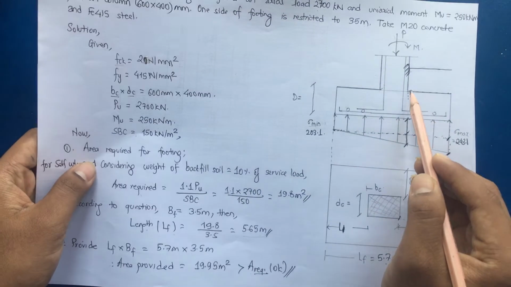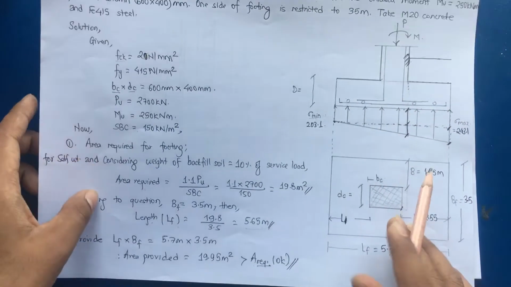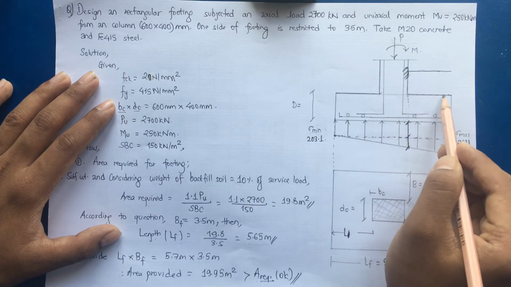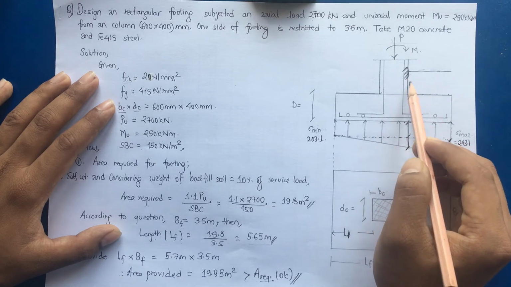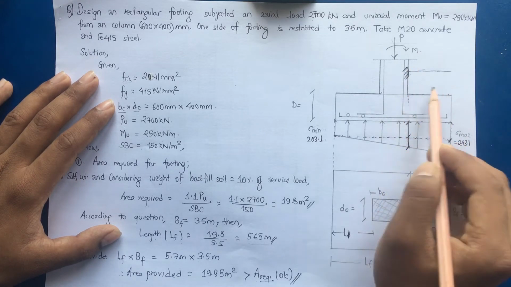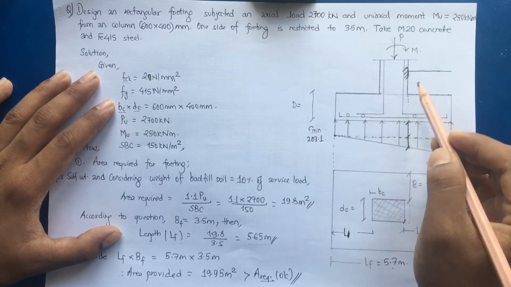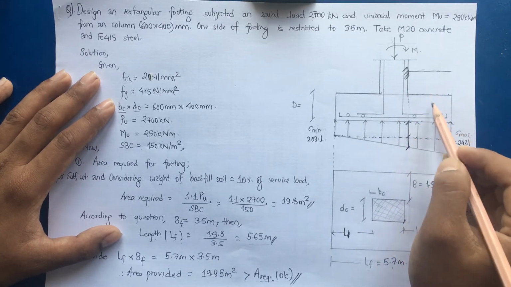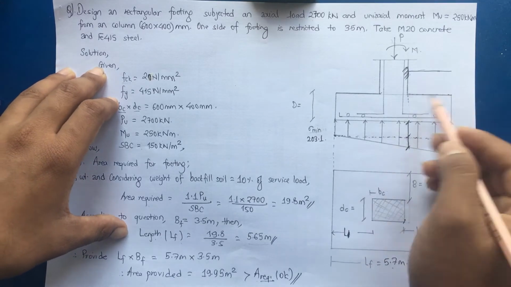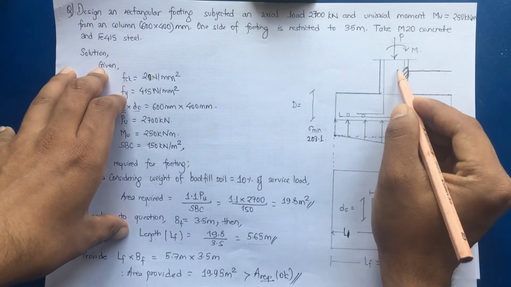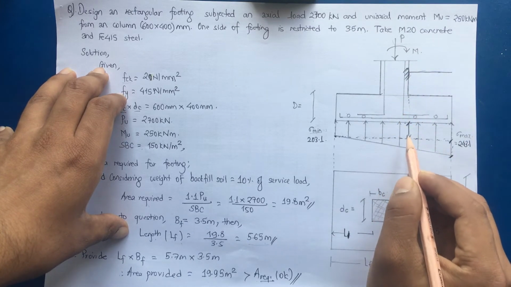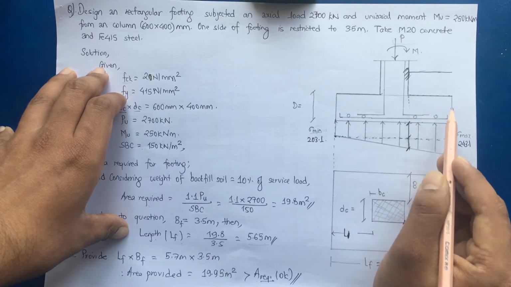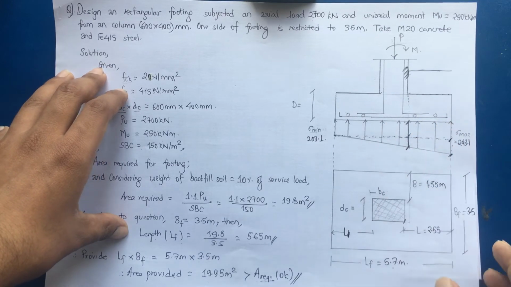So the maximum bending arises at the face of the column, and hence we can consider this as a cantilever beam, as the maximum bending arises at the support with one end being free. And similarly, the cantilever beam is being subjected to non-uniform pressure through the soil. So we'll analyze the bending moment at this face with respect to the soil pressure at the face as well as at the edge.